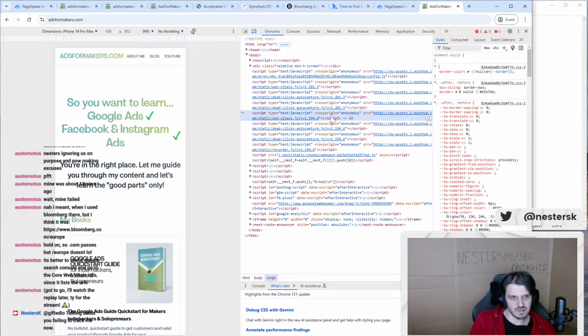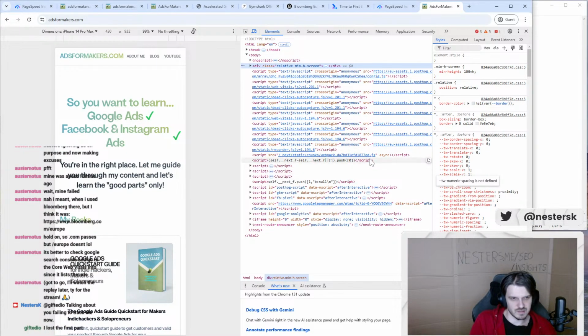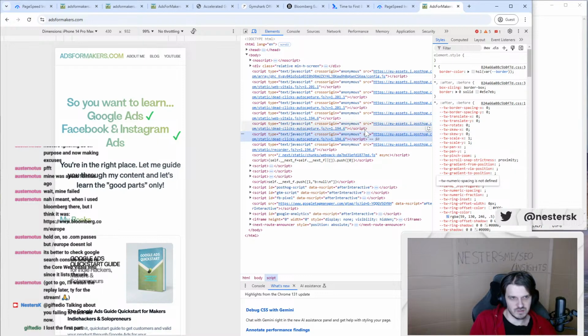Oh, but it actually just adds two different versions on its own. I mean, that's what you actually do. Technically, this is what you are doing. You're actually repeating because this is in your DOM. So you are the one who's actually loading these scripts this way. You even repeat loading the dead clicks autocapture twice. I assume this in the DOM is actually because